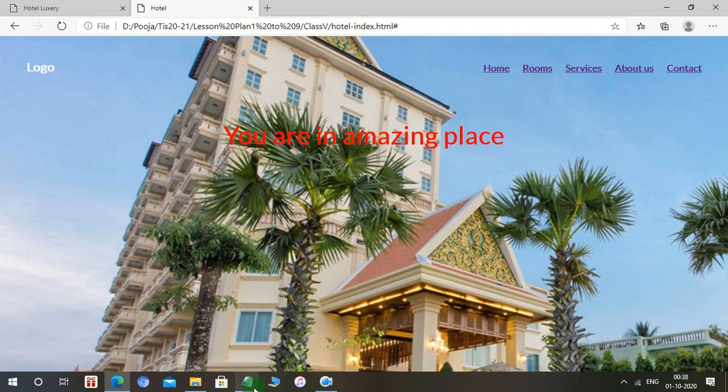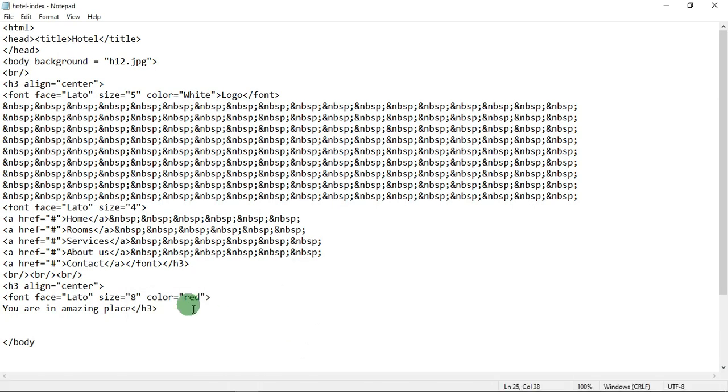Now under this I want to give two hyperlinks. So let's see how we can do that. For coming to the next line, use the BR tag. Okay, then use font and now use the hyperlink 2 times.